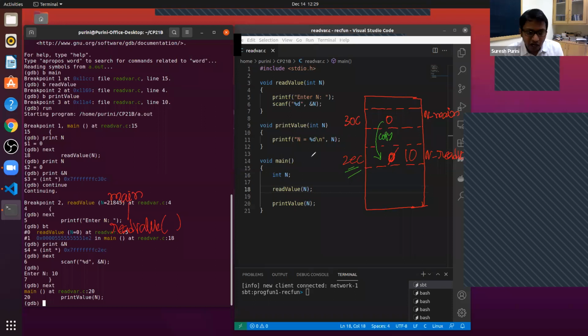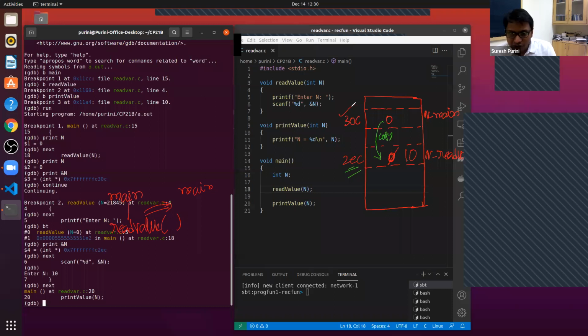Now after we executed read value, we are back to main. When we are back to main, the contents of this original variable 30C are as they were, it didn't change. That is the thing that I want to point out.